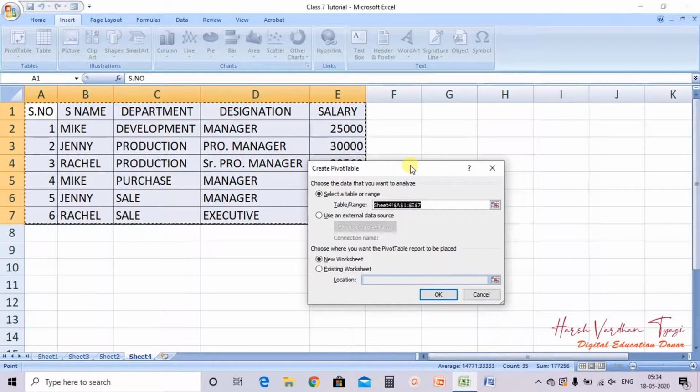Now what you have to do, choose where you want the pivot table report to be placed. अब pivot table की जो report है वो कहाँ पे आएगी? On a new worksheet. We want it on a new worksheet, not on this same. Okay, and then click on OK.